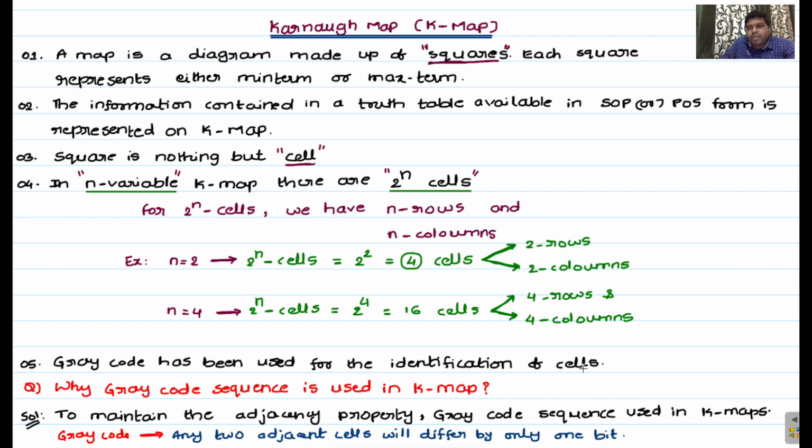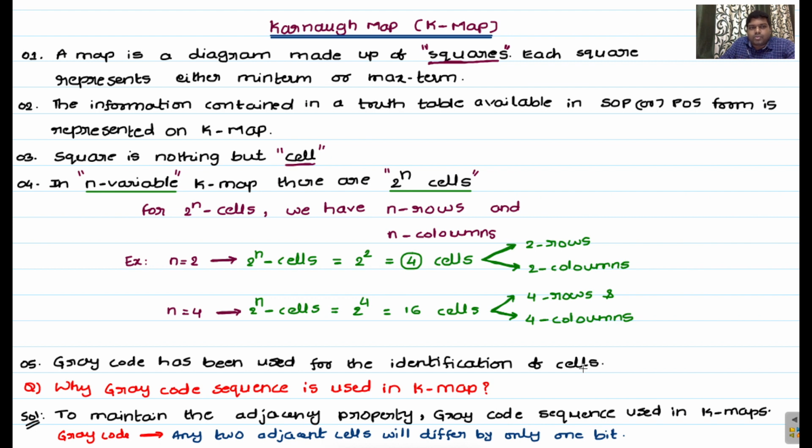Why do we use the K-map method? In order to reduce Boolean expressions, we could use Boolean theorems, but because of the theorems we are unable to get the accuracy of a minimal expression. That's why we are moving to the K-map method and the tabulation method. But the tabulation method is preferred only when n is greater than or equal to 5 bits. So for 5 or fewer bits we prefer the K-map method, where we use the gray code sequence to minimize the Boolean expressions. Okay, so this is the introduction of K-maps.